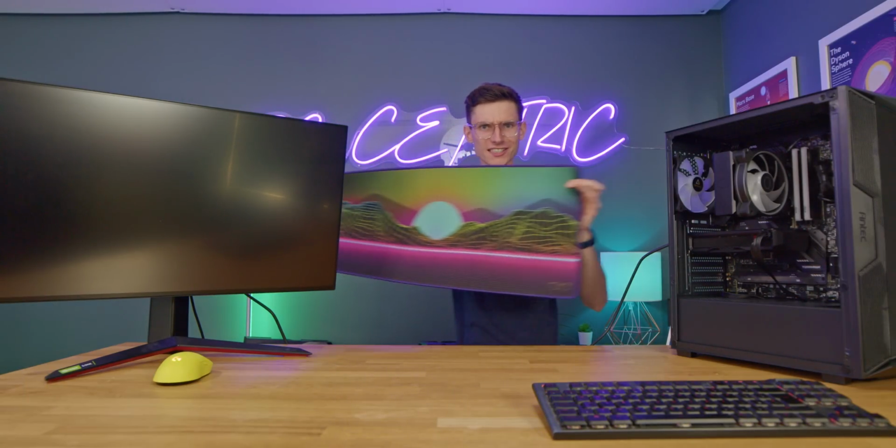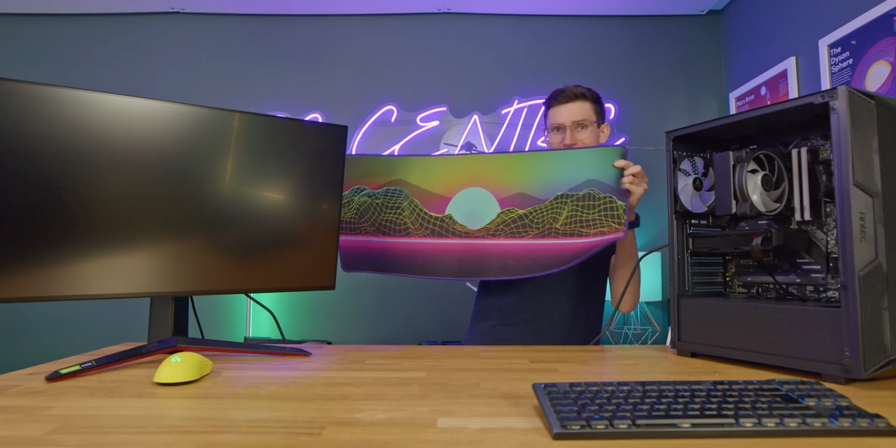There's not really much we can say until we get this thing turned on and get testing. Right then, let's get this thing turned on and ready to go